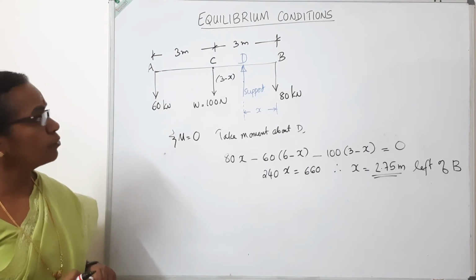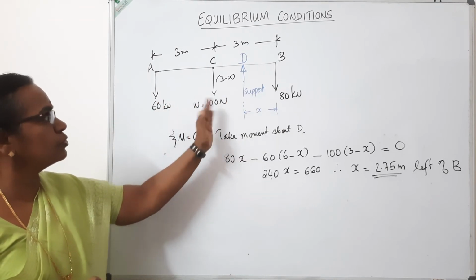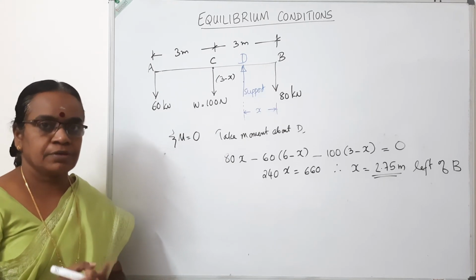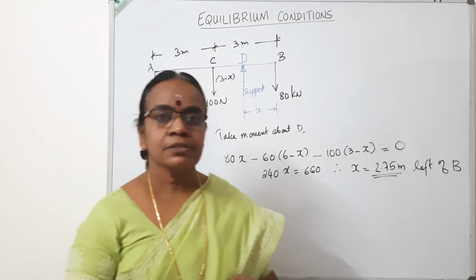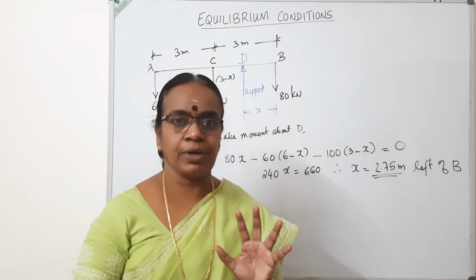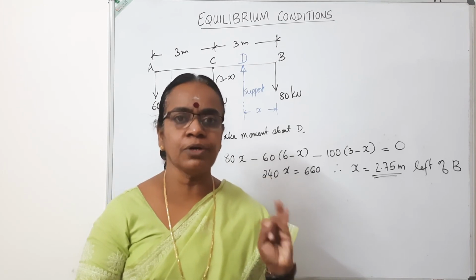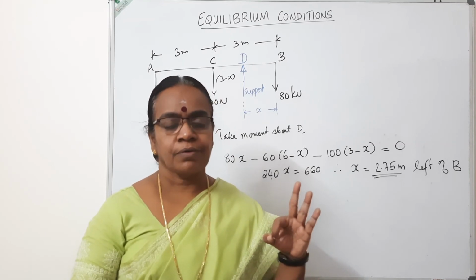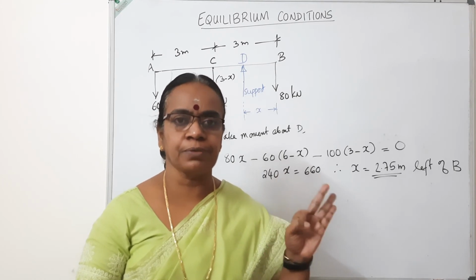If you are asked to find out the support reaction, what will be the force acting at the support? We can use sigma Fy is equal to 0, and from that we can find out the support reaction. That we will deal in the next portion. So these 3 examples give us a clear picture of the use of equilibrium equations. Equilibrium equations are sigma Fx is equal to 0, sigma Fy is equal to 0, and sigma M is equal to 0. Throughout the portions in statics, we will be making use of these equilibrium equations to solve different types of numerical examples.